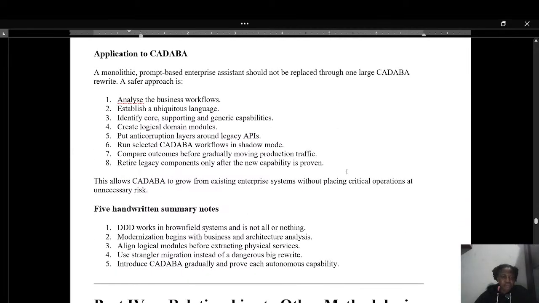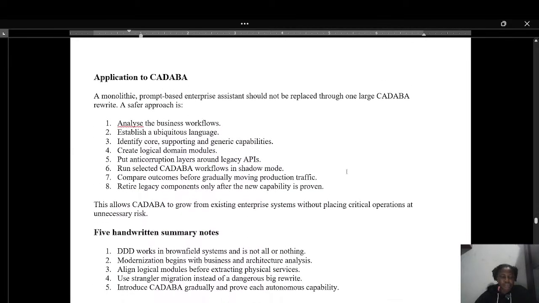And then it went through all the reasons why you should adopt domain-driven design in your architecture, in your application development, and when it is necessary. So modernization begins with business and architecture analysis. Like we have discussed in the previous chapter, chapter 12, we said that DDD is best,